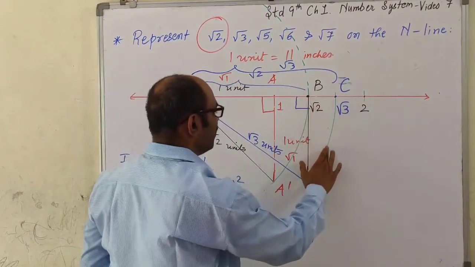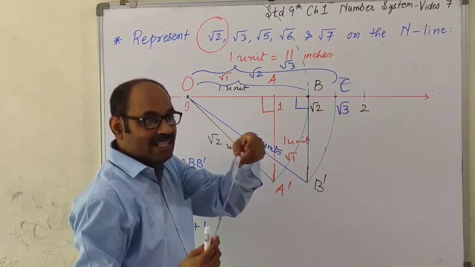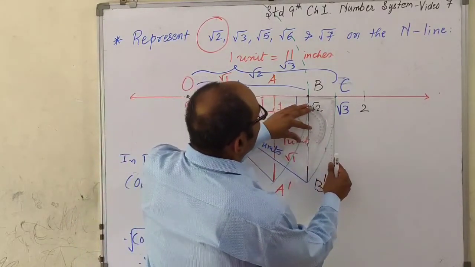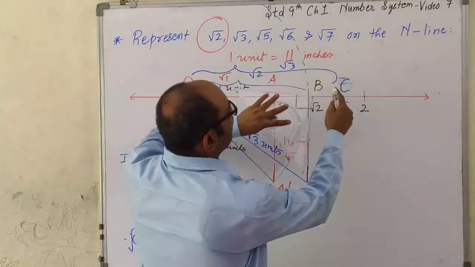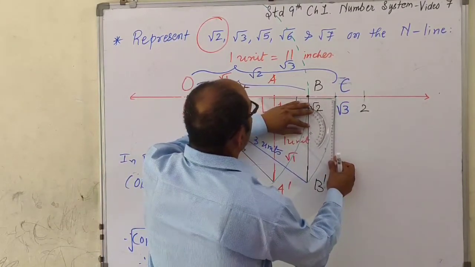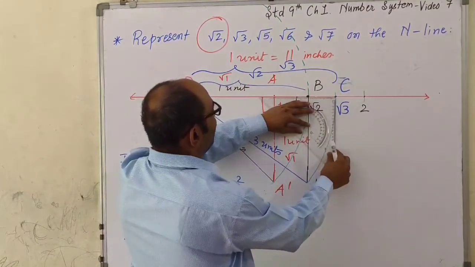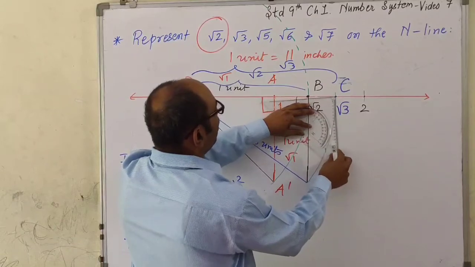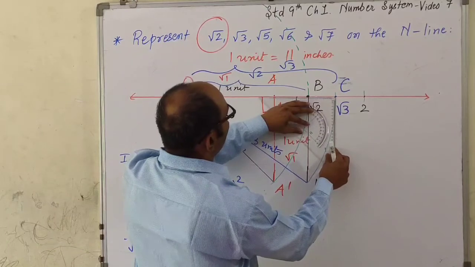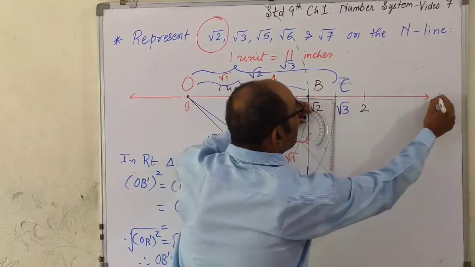Alright, I'll remove this. For drawing a perpendicular line segment, you have to use a set square. Place it nicely at C, so that the vertex at which the right angle is formed coincides with C, and one of the perpendicular edges has to be along the line. It cannot be like this. It has to be along the line. Let me call that line L.